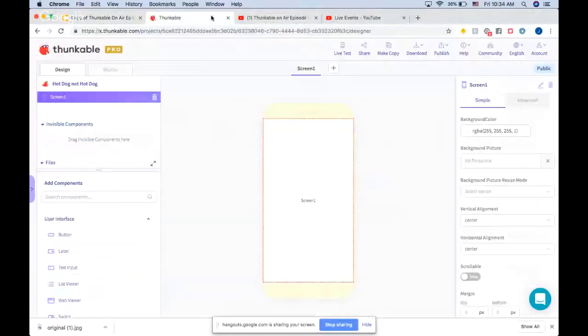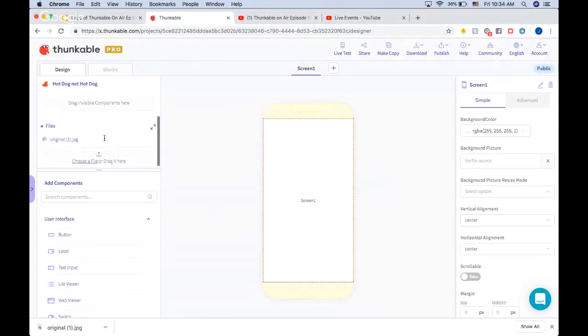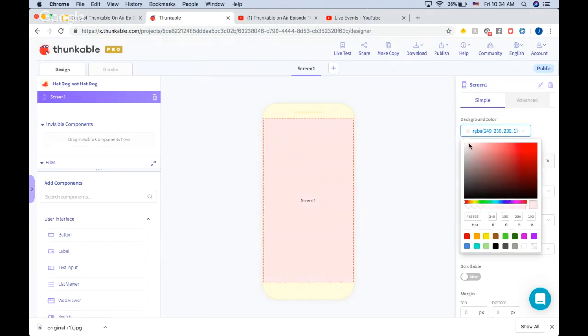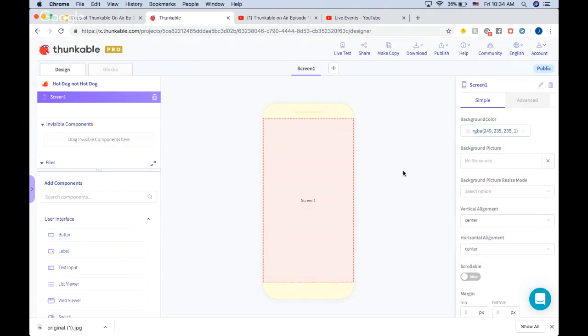All right, so we have this app. So far, all I've done right now is upload a picture of Jimmy O. Yang, the actor who plays the character Jin Young, and in honor of him, we're going to have him be the image that you first see when you open up the app. So I'm just going to really quickly change the background color to a light pink. It's kind of like a hot dog.